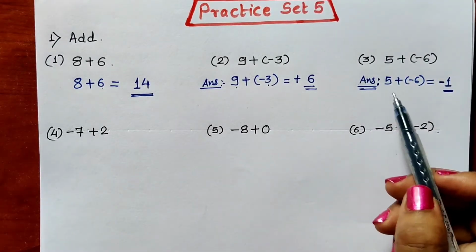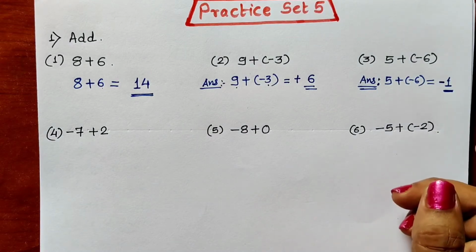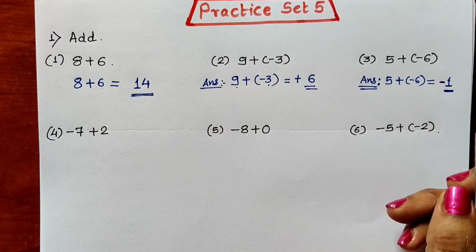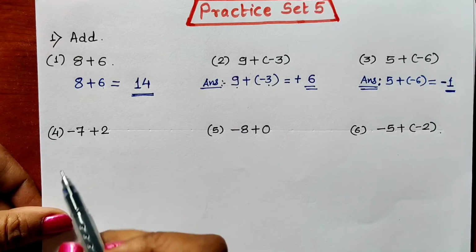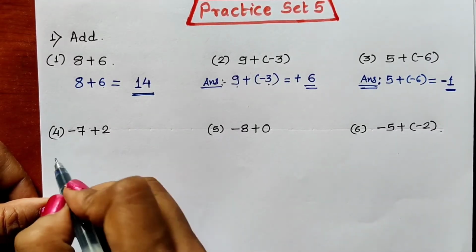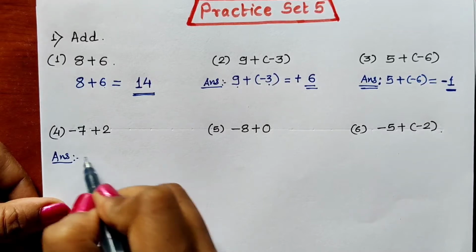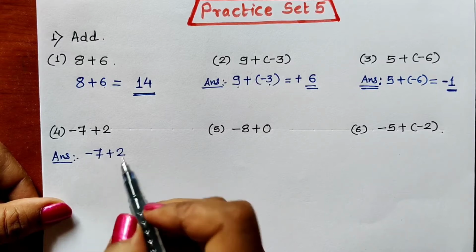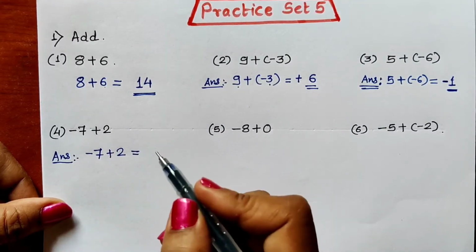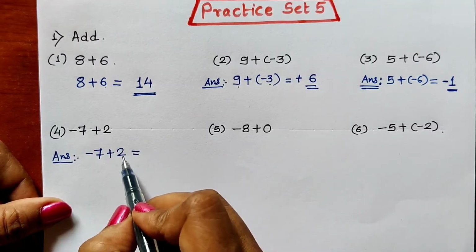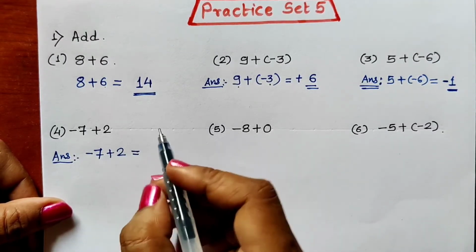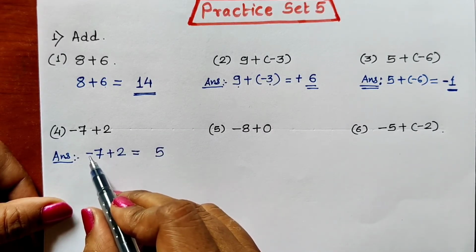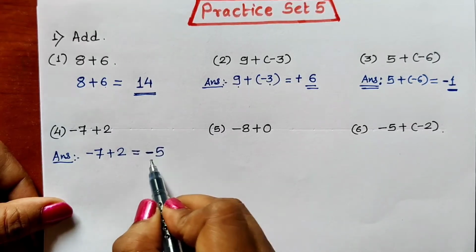So in this way, when two integers have different sign, subtract the smaller number from the bigger one and give the sign of the bigger number. Always keep this in mind. Now again here we will be having two different signs. Minus 7 plus 2. 7 is having minus sign, 2 is having plus sign. Different sign means we will have to subtract the smaller number from the bigger one. Smaller is 2 and bigger is 7. So 7 minus 2 is 5. And we will have to give the sign of the bigger number to the answer. Bigger number is 7. So sign is minus. The answer will also have minus sign.